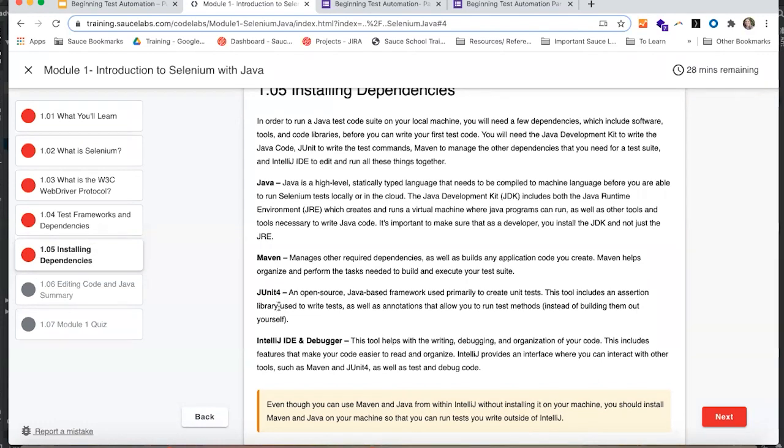What am I using? What programming language am I using? What test runner am I using? And again, the IntelliJ IDE. It is not strictly required to use that if you understand how to build your code and run it. But because test code is structured and executed differently than traditional Java code,